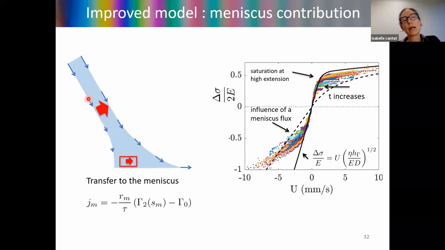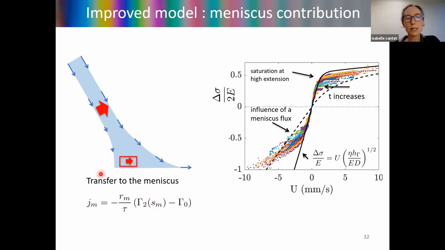So the scenario is that when you get closer to the meniscus, when entering the meniscus interface, the surfactant can go into the meniscus that will play the role of a reservoir. So at this stage, we choose a phenomenological law to describe the boundary condition at this point and to say, okay, all the flux coming here should go across the film or be absorbed by the meniscus, depending on the concentration here. If the concentration is very far from the equilibrium one, you will dissolve a lot of surfactant.